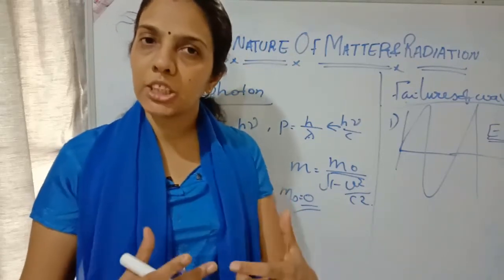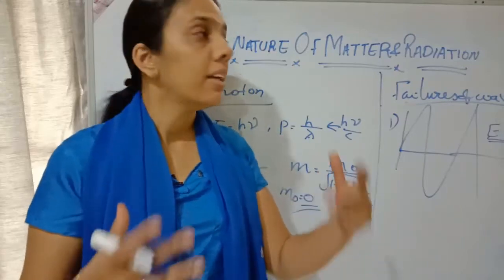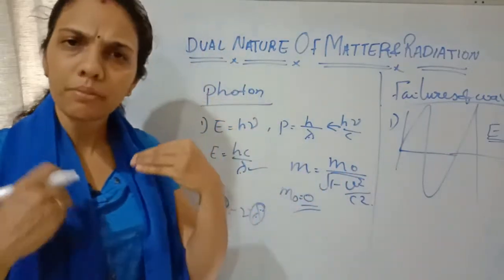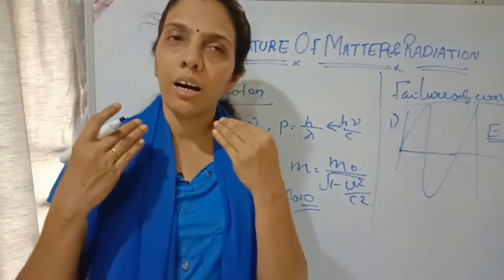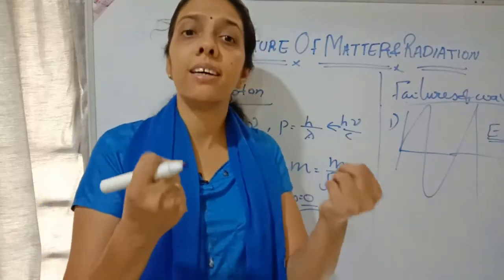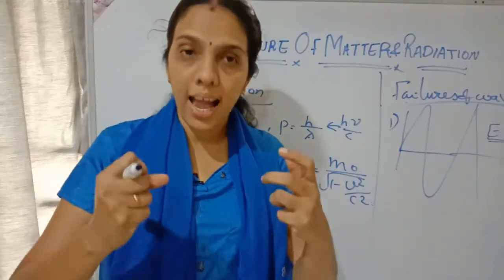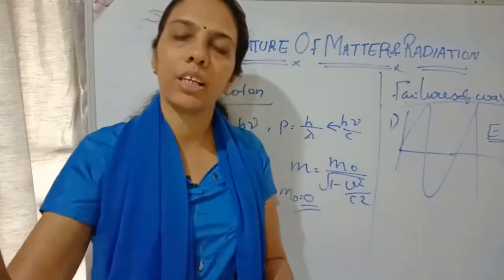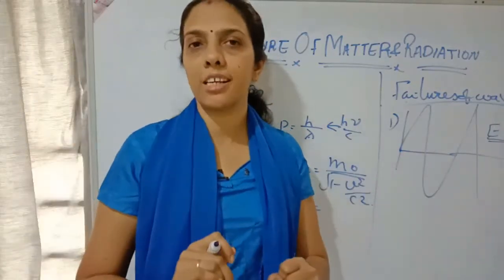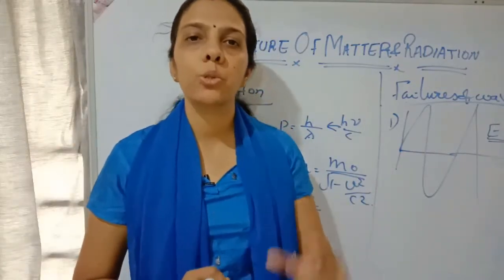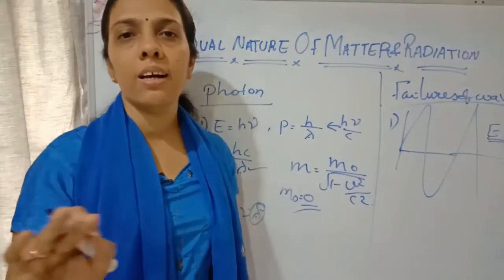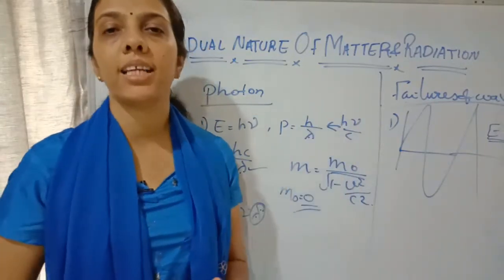So photoelectric emission is an instantaneous process, but by wave theory, when light radiation of a particular intensity falls on the metal surface, first that energy will be absorbed by the electrons, and after that, with the help of that energy, they will come out from the metal surface. But as per experimental observation, it is an instantaneous process, with no time lag. So that also cannot be proved with the help of wave theory. So these are the three failures which we can discuss in the case of the wave theory of light and photoelectric emission.